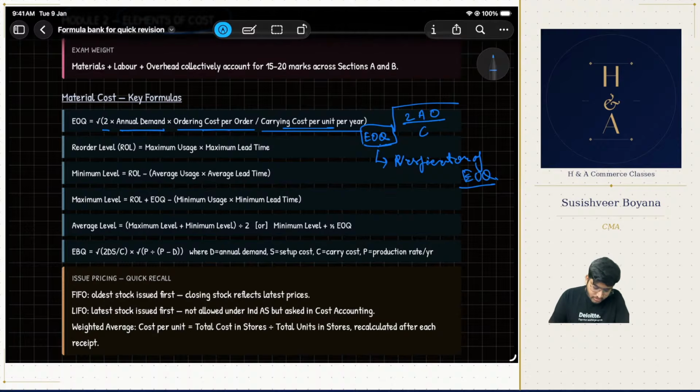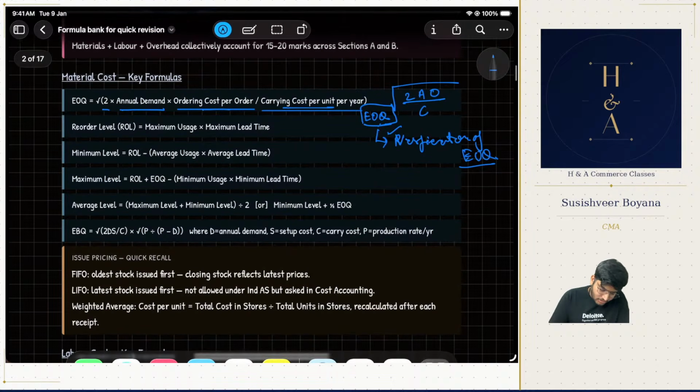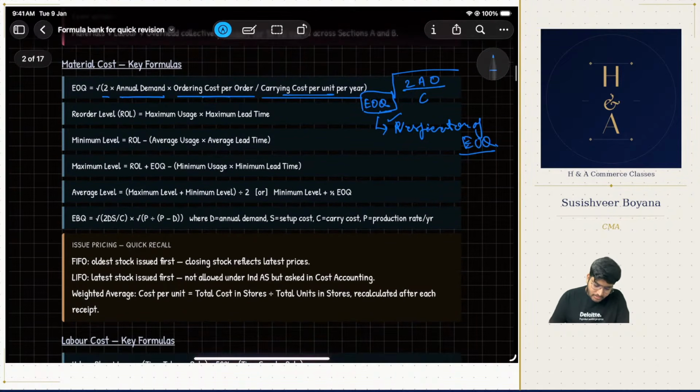It should match. Then you will know that you have not made any error. This is just a verification point of view that you guys can do by yourselves. Next, reorder level. Remember, for any entity which is dependent on movement of goods, or you get your